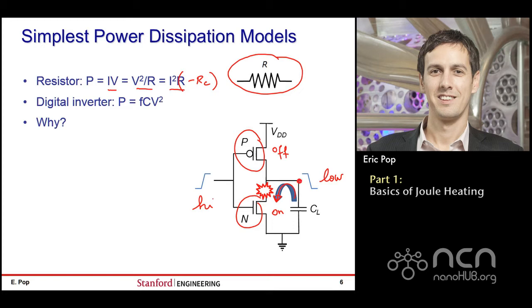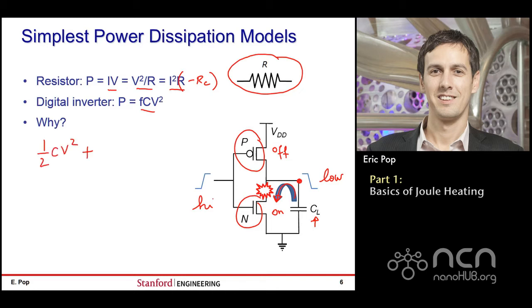Okay? All right. What I claim over here is that the power dissipated inside a digital inverter is FCV squared during operation. This is the active power, where F is the frequency, C is the load capacitance over here, and V is the operating voltage. Why this occurs should become clear pretty quickly. First of all, let's consider the energy dissipated, or the energy actually stored and of course dissipated, during operation. As the N-type device discharges the load capacitor, there is an energy of 1/2 CV squared.